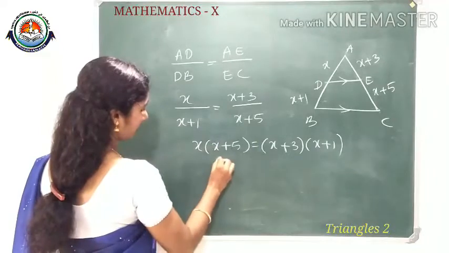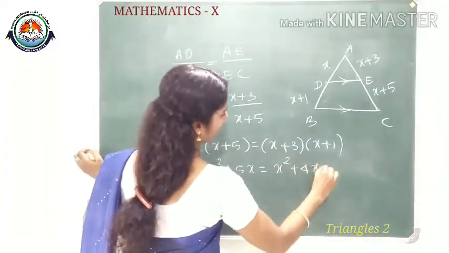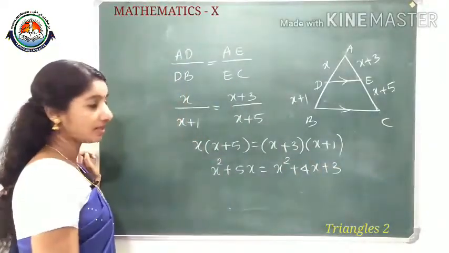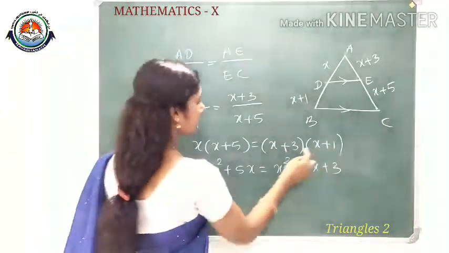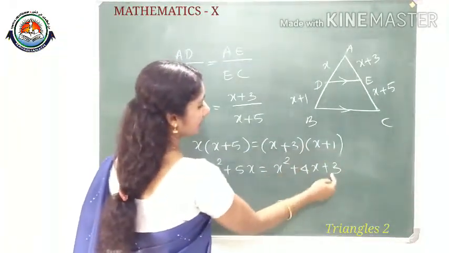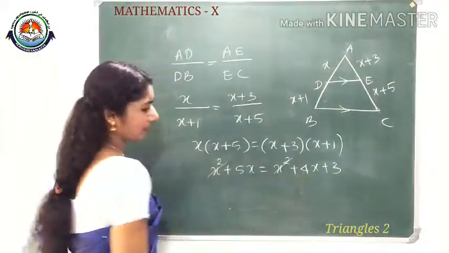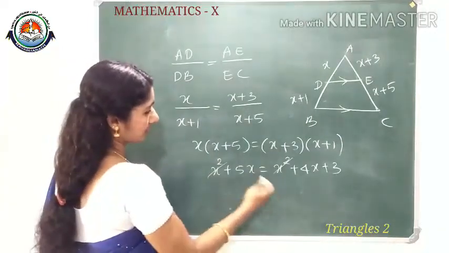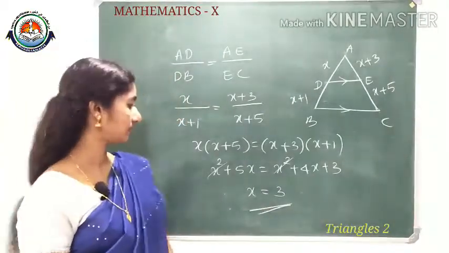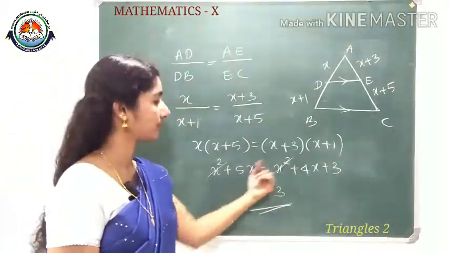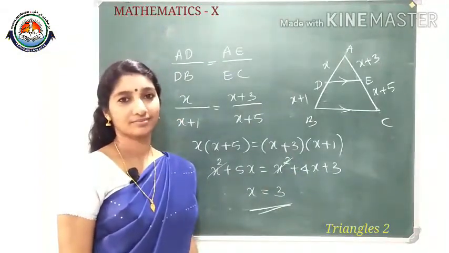Removing the bracket or multiplying, x square plus 5x equal to x square plus 4x plus 3. How I did it firstly? This is x plus a into x plus b form: x square plus a plus b into x, that is 3 plus 1 into x, plus ab. Two numbers, sum and product. x square common cancelled. 4x will come here, so 5x minus 4x will come, x equal to 3. So it's a linear equation. Quadratic it's not coming since x square has cancelled. So we are getting x equal to 3 as the value of x.